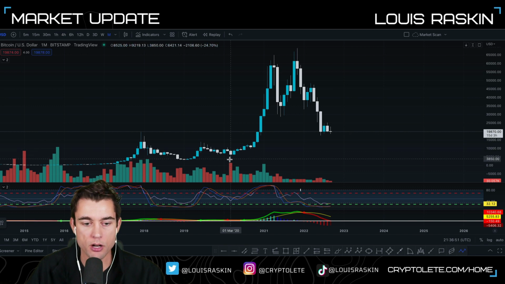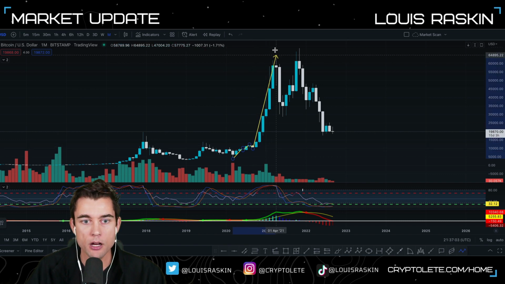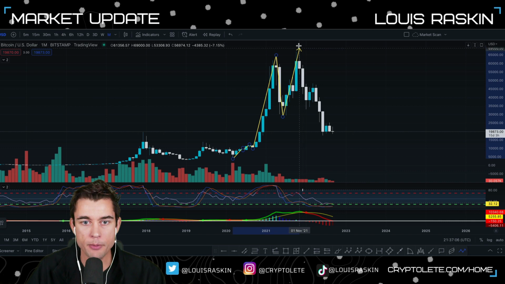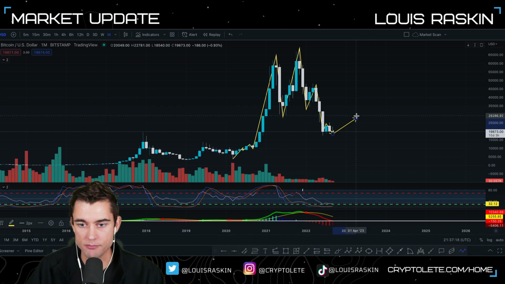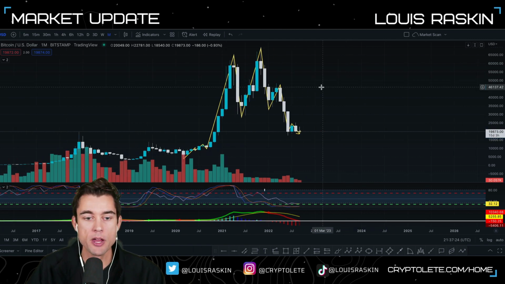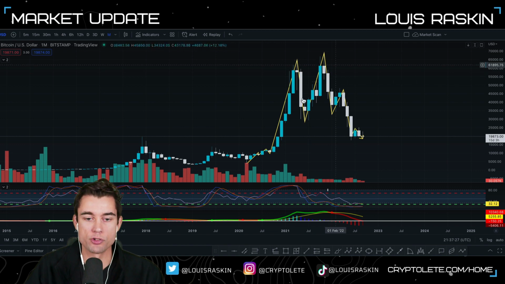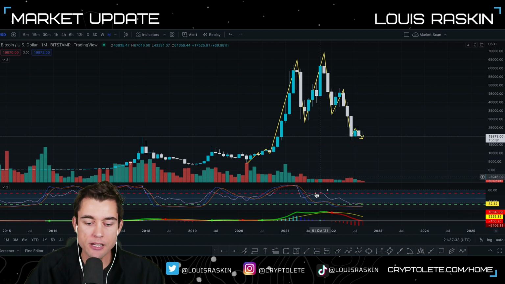So this is the monthly chart on Bitcoin, and if I draw it out like this, you can see that we moved up from the bottom there, from the COVID lows. Then we had a move down, followed by a move up, followed by a move down, followed by a move up, followed by a move down, followed by a move up, followed by a move down, a move up, a move down, a move up, and now a move down. Within this, just disregard, actually, I think I can delete these two. Perfect. Okay, so this right here is the general market structure on the monthly chart, just what it looks like from the obvious levels, right? And so a market structure